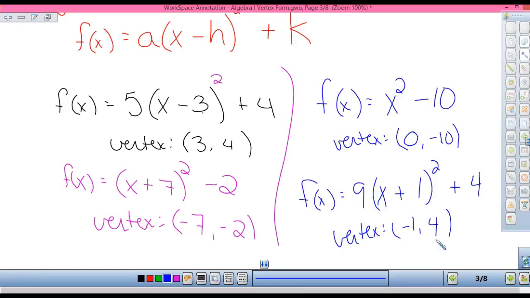Starting to make a little bit more sense on this part of it? All right. That's what we're going to start with today, is just